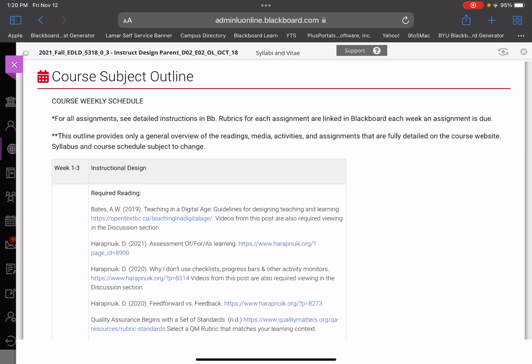and in turn, the final goal of this course is to not only have the students create an online course and everything that goes along with it, all of the instructional design theories, making sure that it's high quality, making sure that it's accessible, but also have a chance to actually deliver the course live to their stakeholders, either the students or to parents or to their coworkers in a professional development setting.